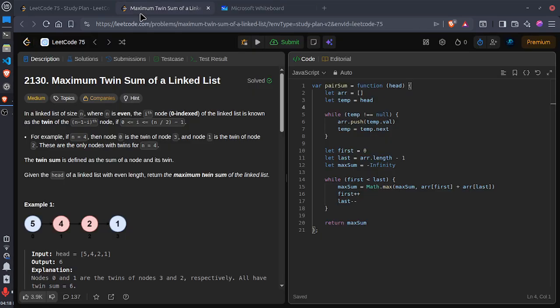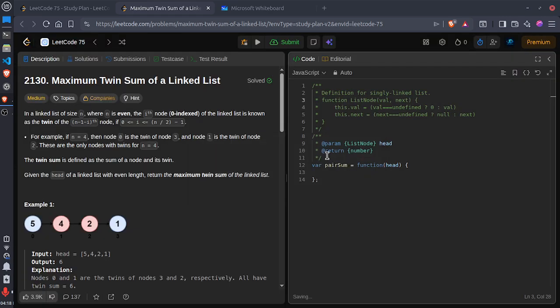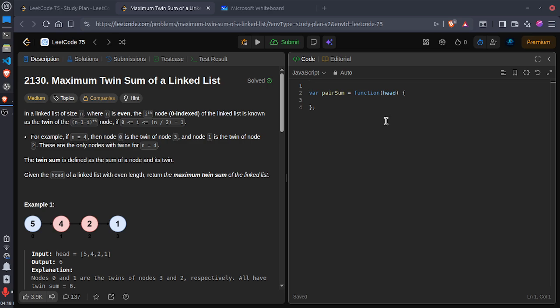Let me write the code. We have to find the middle element and reverse the linked list, so it has a variety of steps in solving. So let me first write: let slow is equal to head, let fast is equal to head,